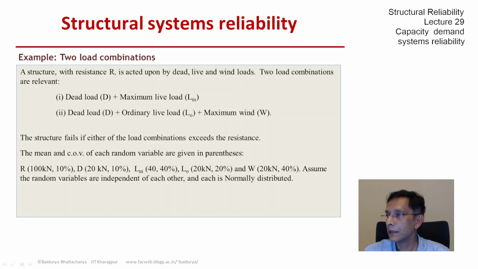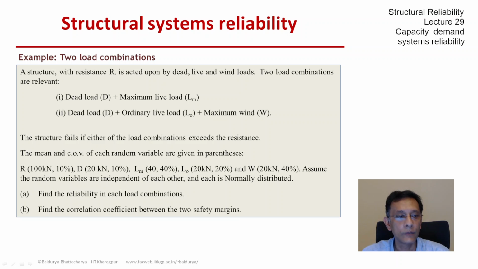Here you see all the random variables. Again, there are 5 of them and R being common, so one could expect that even though all these 5 are mutually independent, there would be a good amount of correlation between the two safety margins. So the first question is we need to find the reliability in each of these two load combinations,